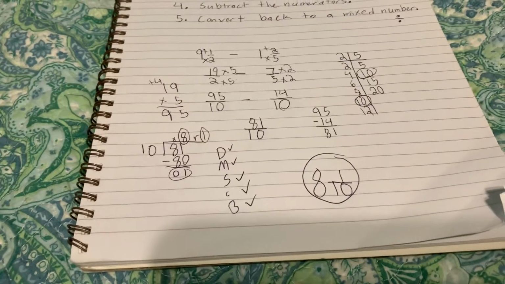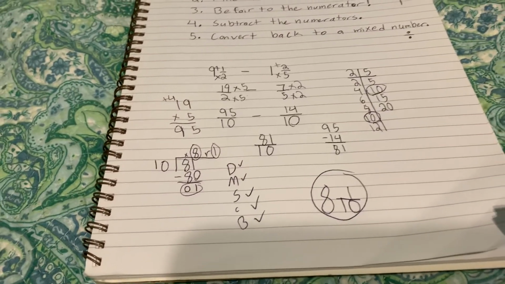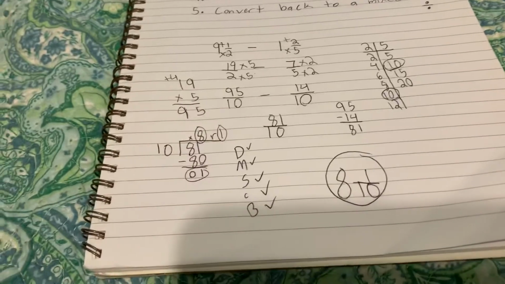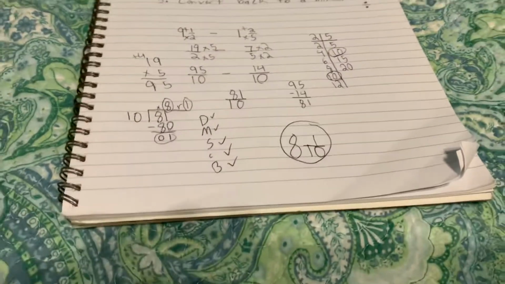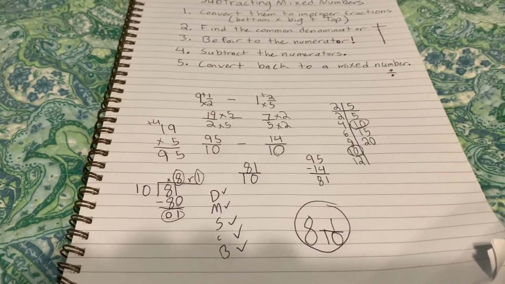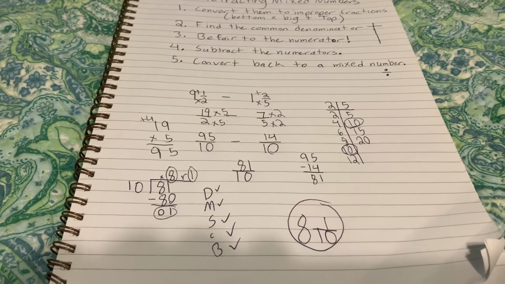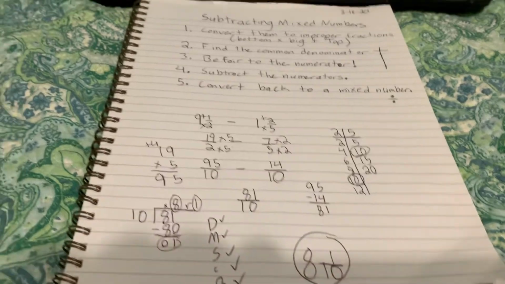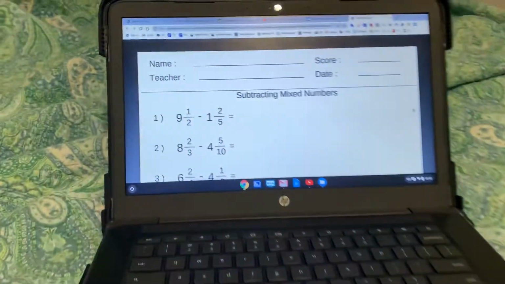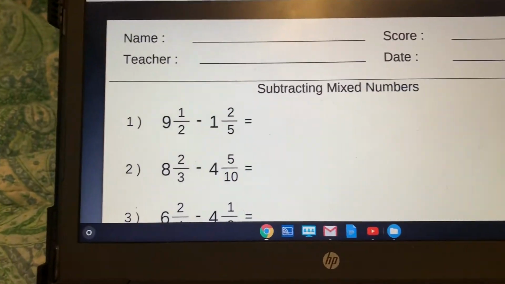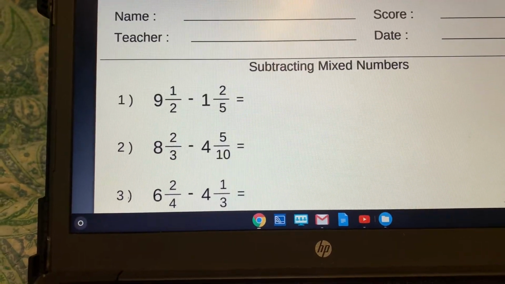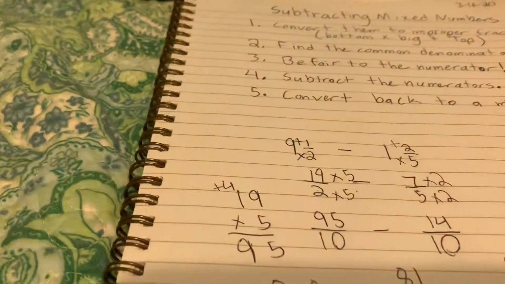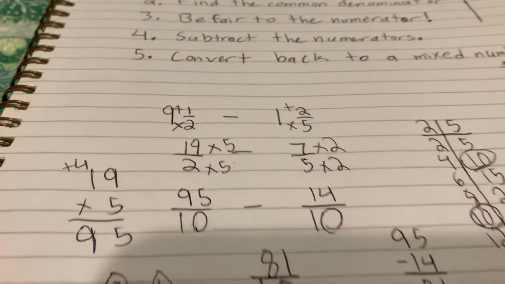And before we move on to word problems, I need to make sure everybody's got this, okay? So what you're going to do is you're going to go into Google Classroom, and we're not doing our textbooks today just because we've already done all the subtracting mixed numbers out of our textbook. So what I've done is I've gotten an extra worksheet that you're going to work on. It looks like this. As you can see, I've already done number 1 for you. Number 1 was 9 1/2 minus 1 2/5. So I already gave that